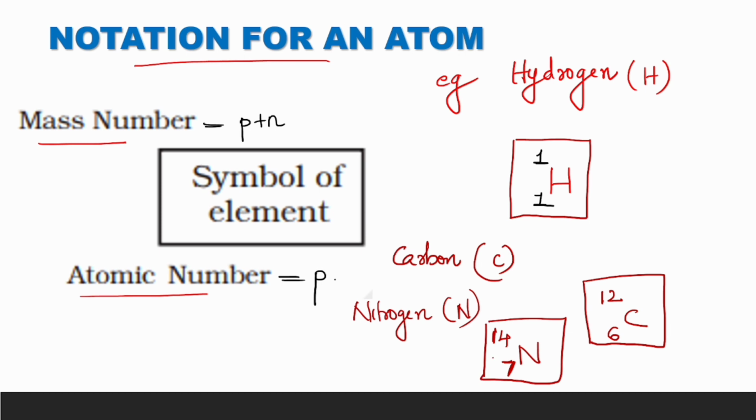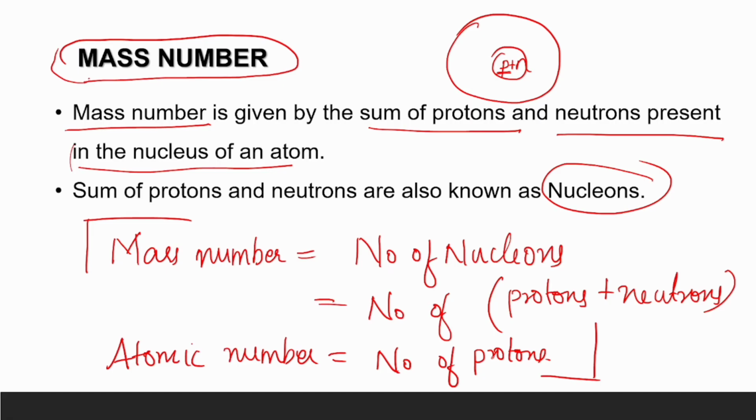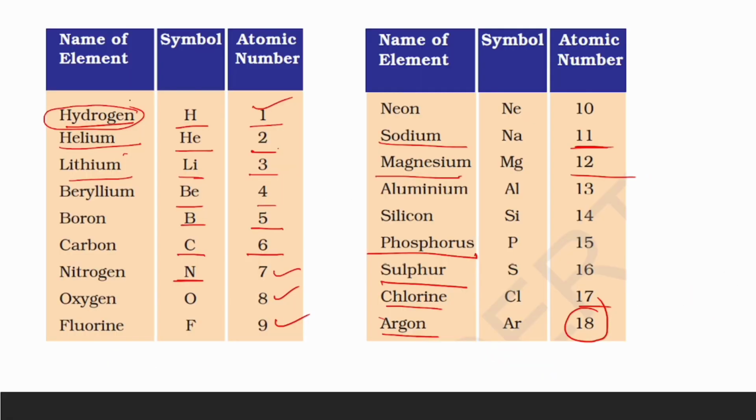So today I will give you homework for all the elements. Here you can see, write all the elements: hydrogen, helium, lithium, etc. Their symbols you know. Atomic number is given. You can find the mass number from the other table and you should write their notation. Is that clear for you? For example, consider chlorine. The chlorine symbol is Cl, already given here, and the atomic number is 17. Below you should write the atomic number 17. The mass number you can take as 35. So this is how you will represent chlorine.